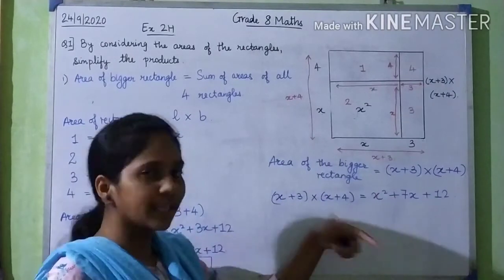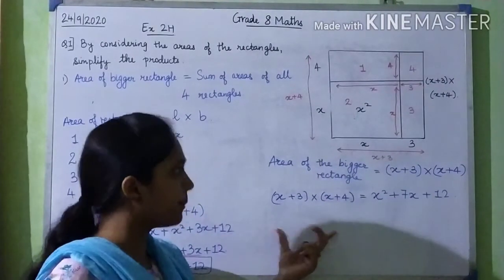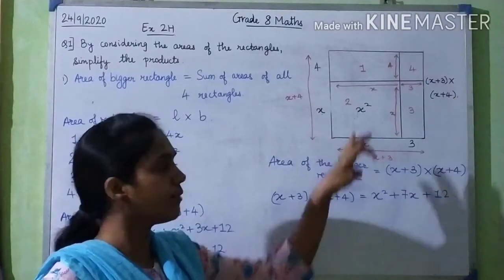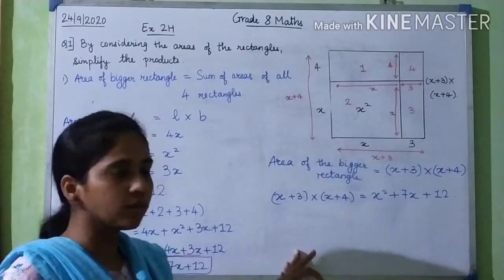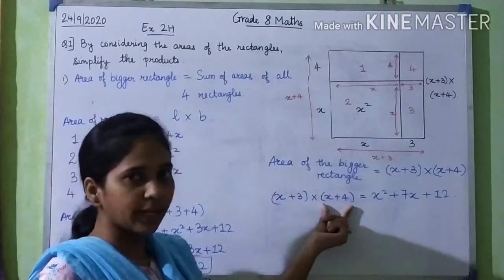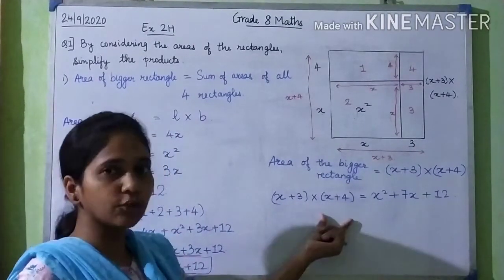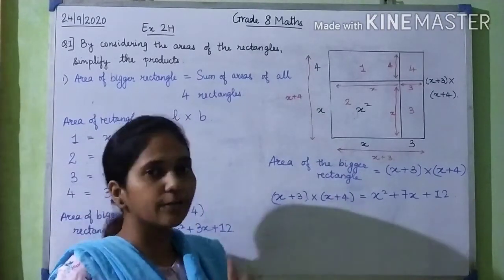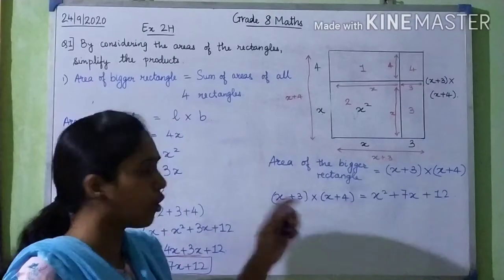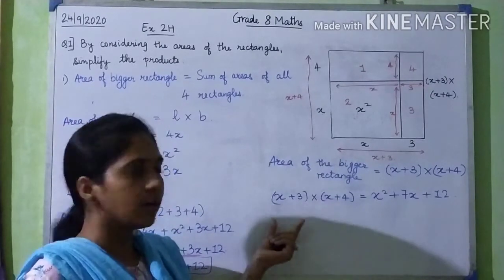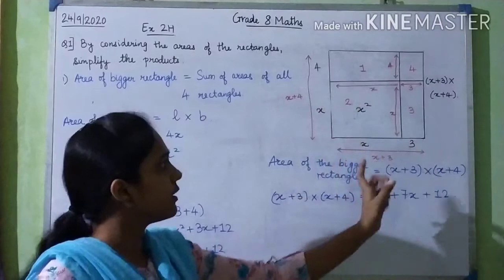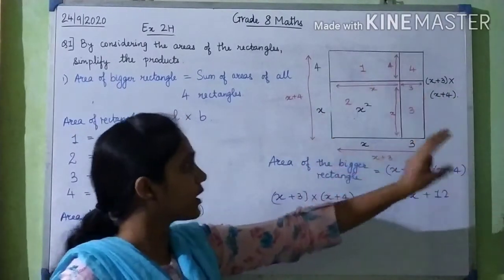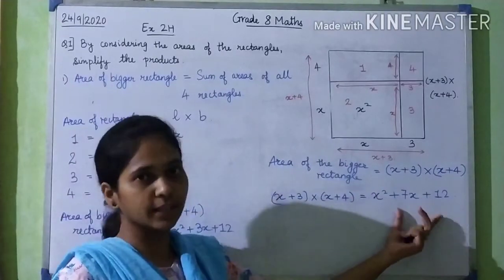Okay. So in the next questions we are going to see how to solve them. But here graphically, or according to the area of the rectangles, we have solved, and we have come to know that when we find the product of two expressions, we get an expression which is like this. Now for every sum, we cannot do it like this, right? We cannot draw the diagrams and then find the area of each and every square and then sum it up and then come to a product like this, come to an expression like this.